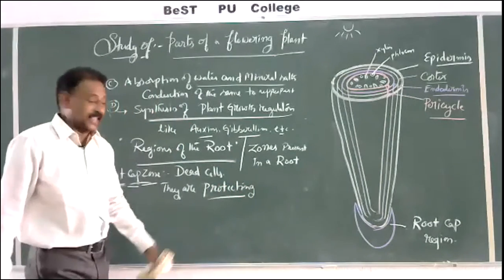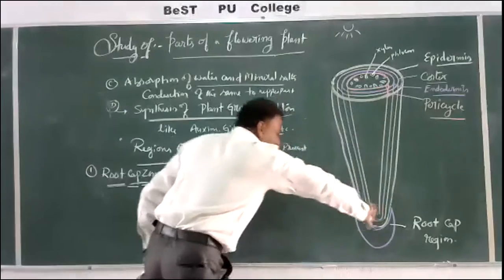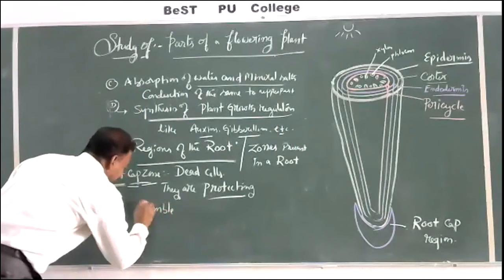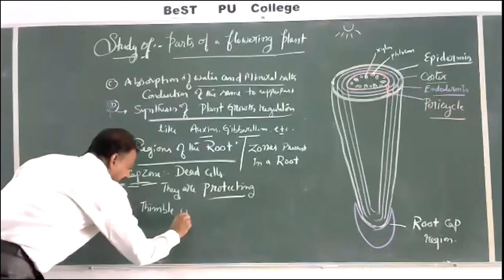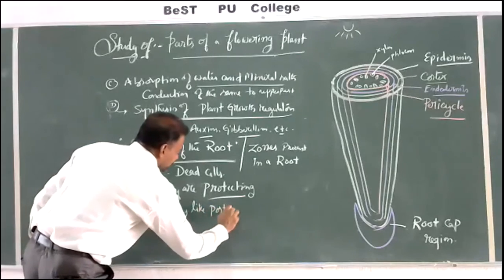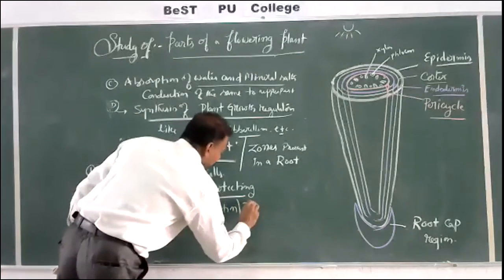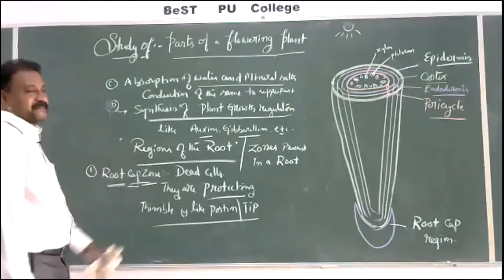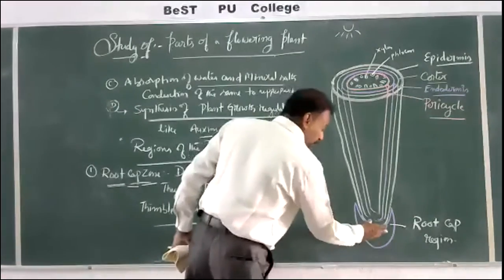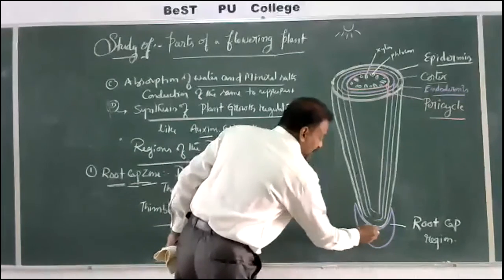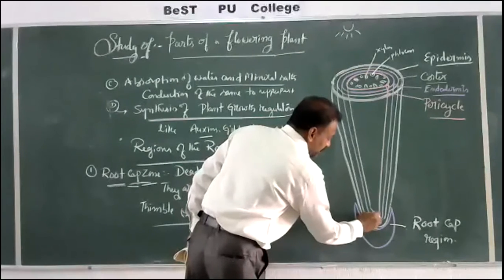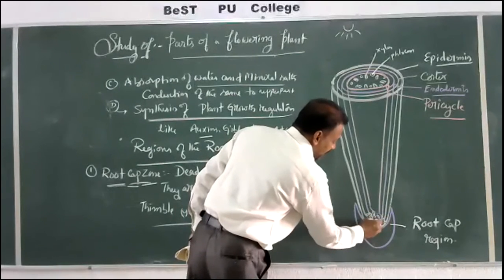So the function of the root cap. What is this root cap? It is a thimble-like structure, as given in the textbook. A thimble-like portion or tip where some cells are present. They are protective. How protective? See here, this is the tip. In this tip, some cells are present which are always dividing and growing.